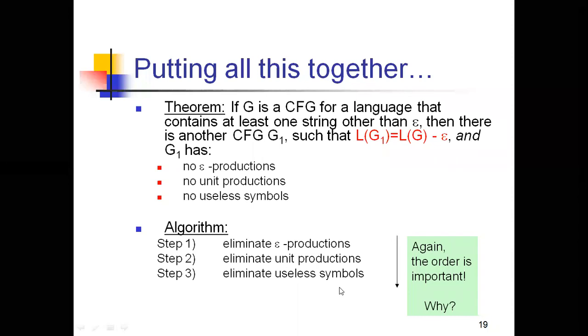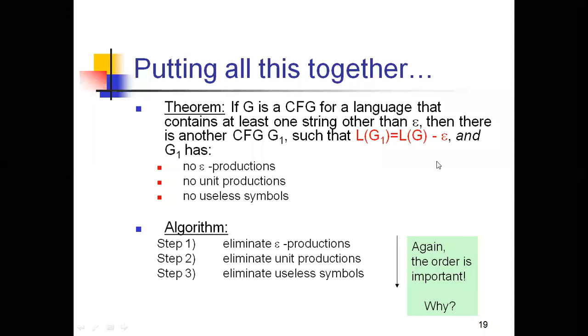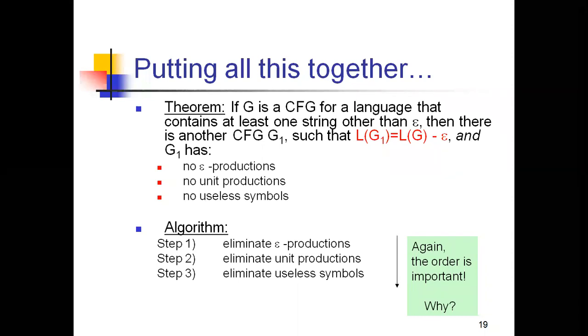You need to implement all these algorithms in one place, and finally you need to get an output. And hence you should prove that L of G1 is equal to L of G minus epsilon. And this is a very simple theorem for putting all this together. In further classes I will give you some exercise problems containing this concept, putting all this together, and then you can easily understand how to implement it. Step 1 is, sorry, epsilon production, removing epsilons, step 2 is removing units, and step 3 is removing useless. Don't forget the order of eliminating in the step by step procedure.